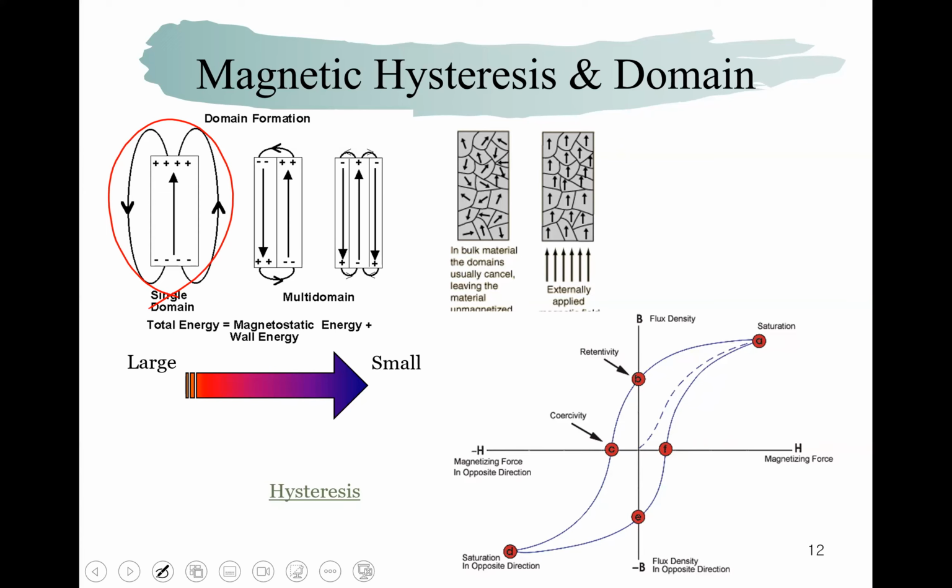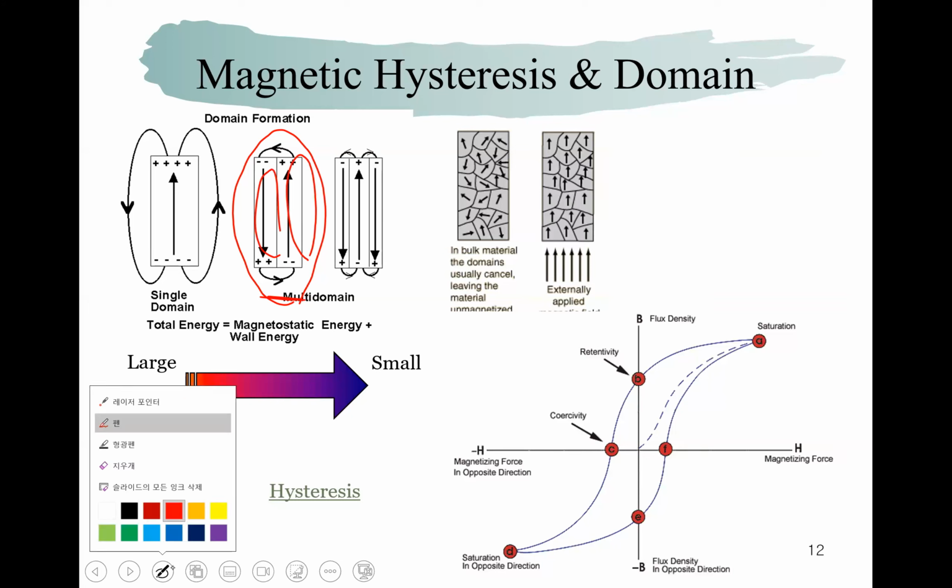How can you reduce such energy? There is a hint. If you make two domains here, domain means a certain range or area or volume where the magnetic moments are parallel. So if you have an up domain here and a down domain here,